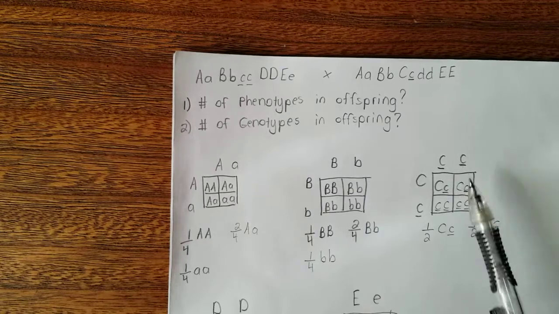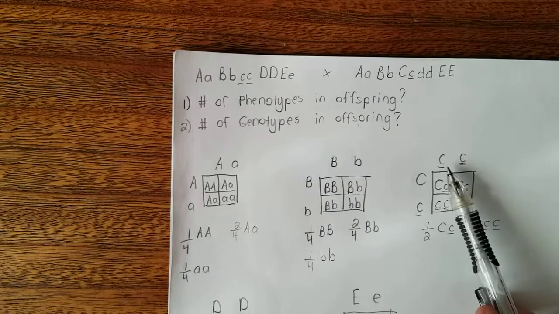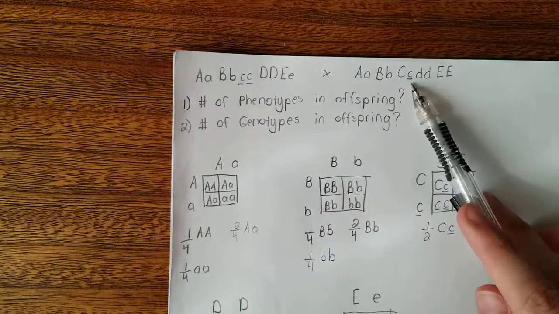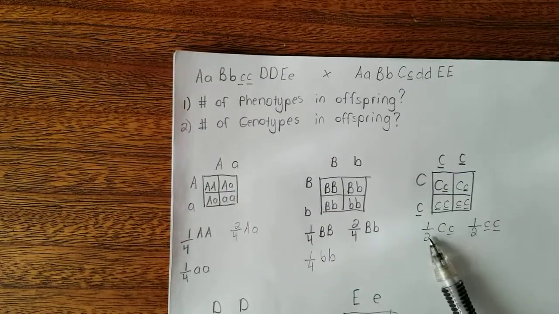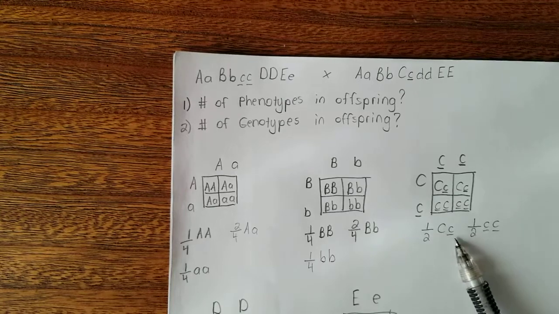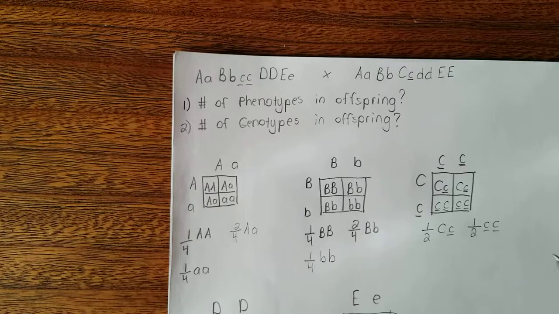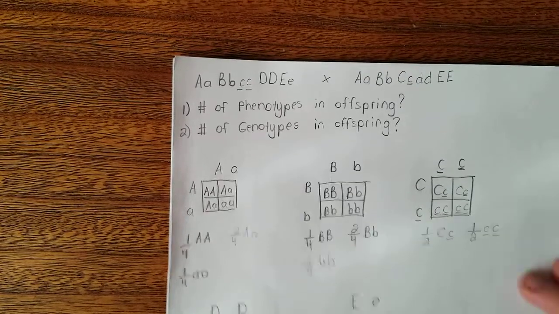Same with the next letter, C. So this little c comes from this parent, and this big C, little c comes from this parent. Combining them, we get 1/2 big C, little c, and another 1/2 big C, little c. Then we go to the next one,